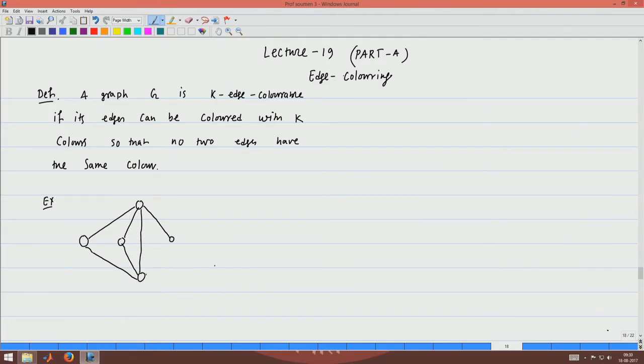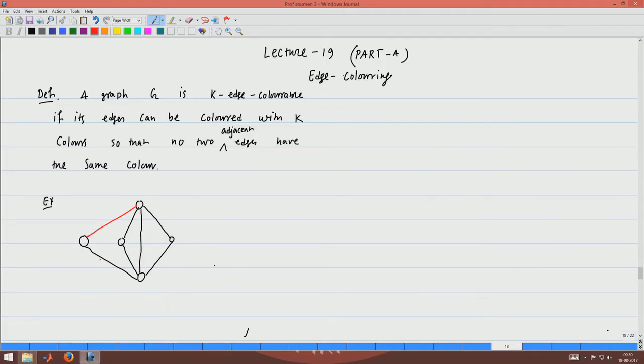Now, we need to color the edges so that no two adjacent edges have the same color. By adjacent edges I mean these two edges are adjacent edges, so they will get different colors. Let me color this edge, say, red.